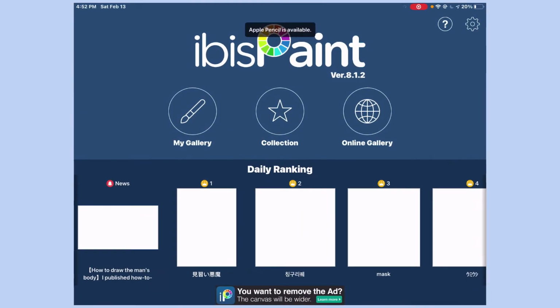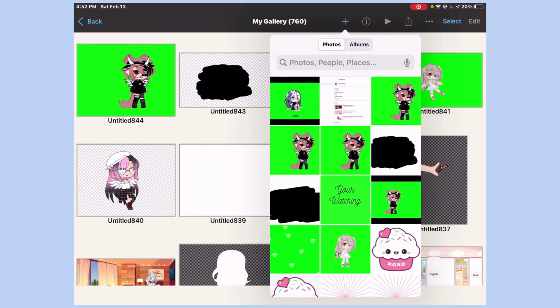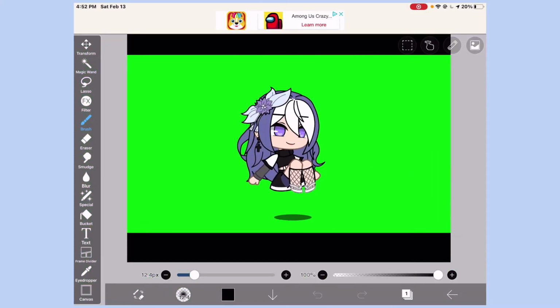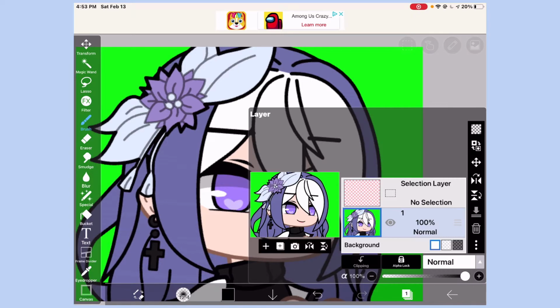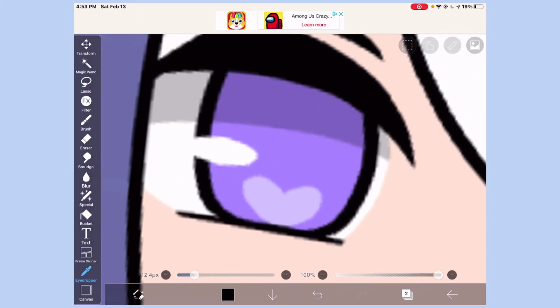So now I'm going to go to Ibis Paint, and I'm going to import the picture that I just took. So after importing the picture, I'm going to zoom in on just around her face, like this. Now you're going to make a new layer, and what I'm going to do is I'm going to